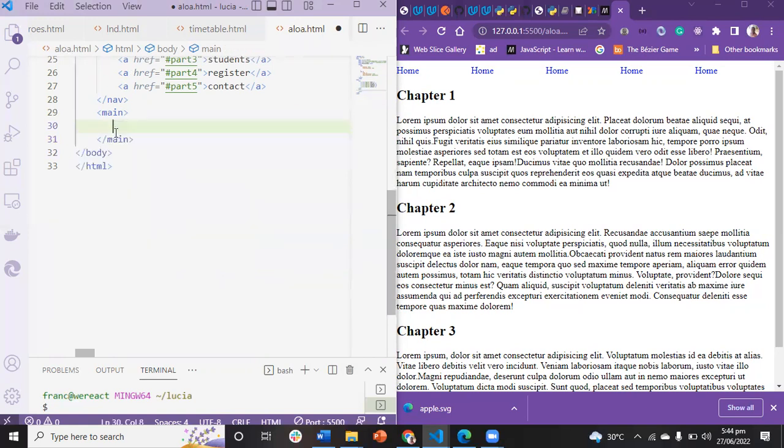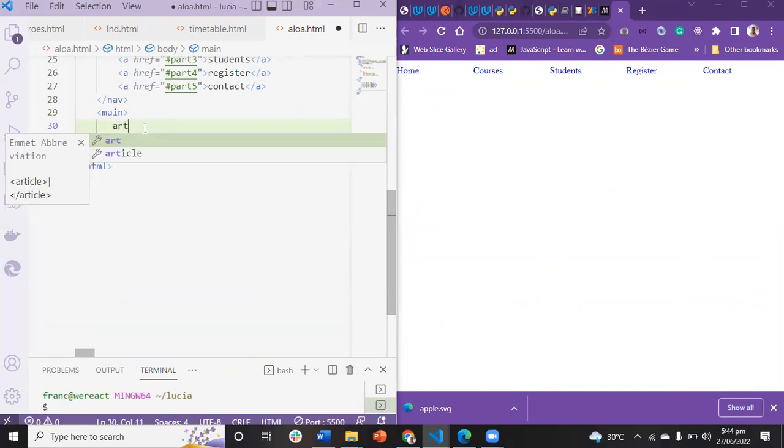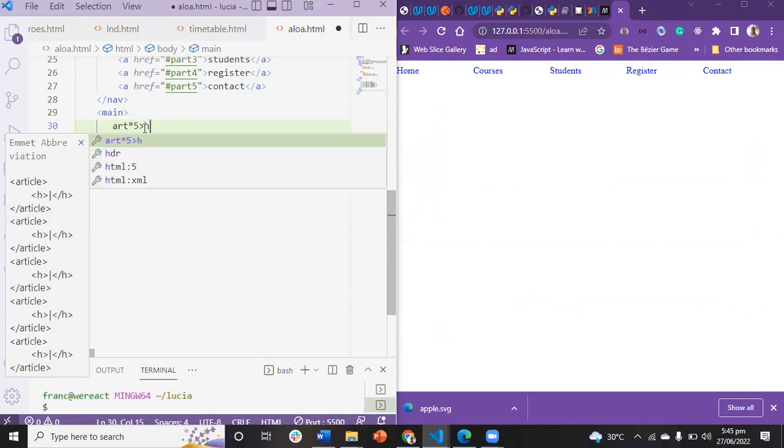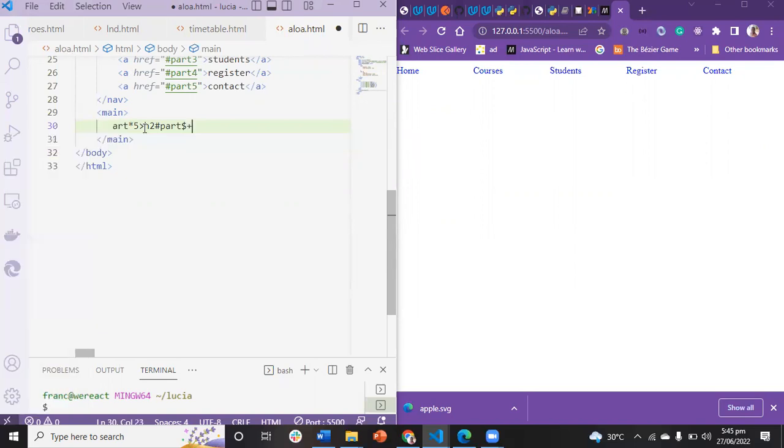Okay, let me just delete this. I want to do this thing again. I don't really get what I did here. So part 1, part 2, part 3, and everything. So I'll say article, let me make it up to 5. Article times 5, and I want the article to have an ID. The H2 should have an ID. So I will say greater than H2 hash, because I want an ID, hash part dollar, H2 part dollar, plus guy, so plus